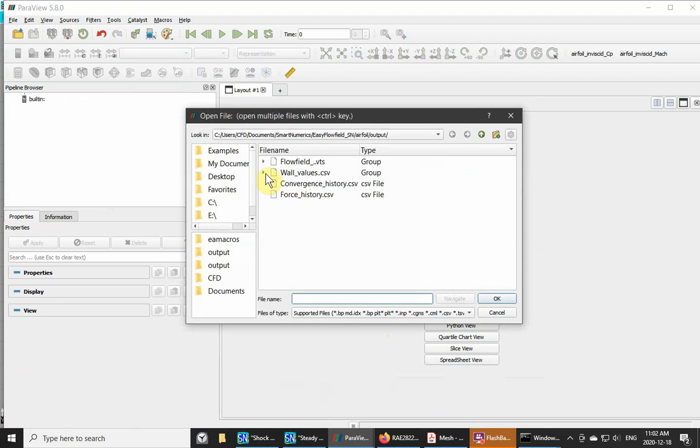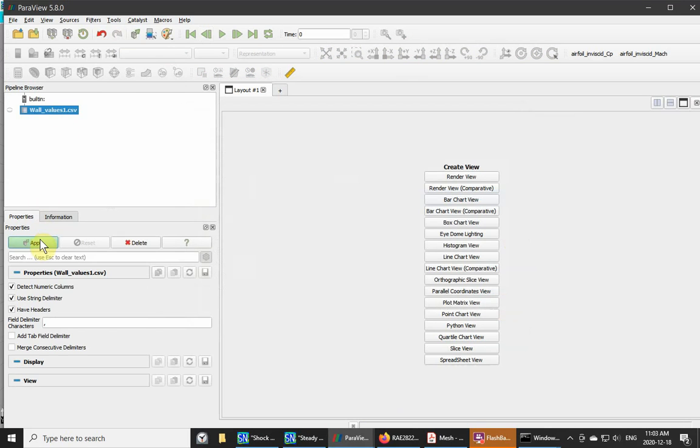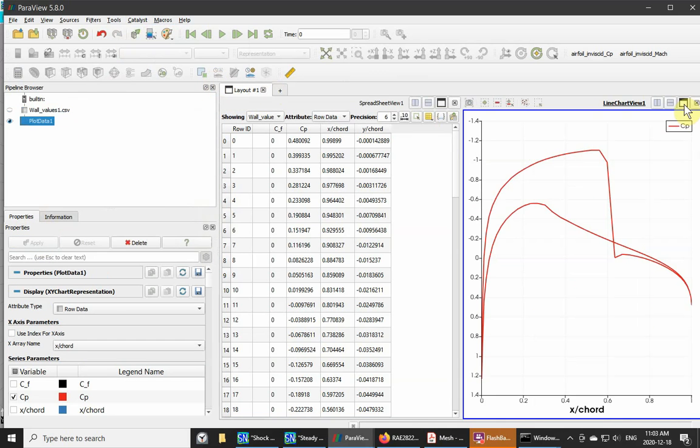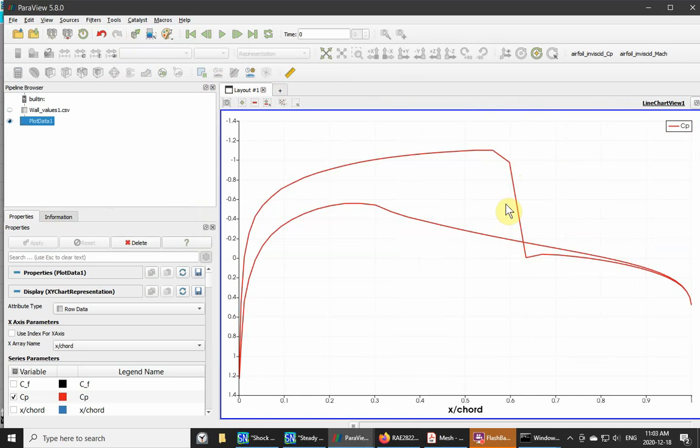So I'll open that. Again, wall values in this case. Apply. Select the macro, CP. And then you see I have a fairly thick shock front because of the coarse grid. The convergence